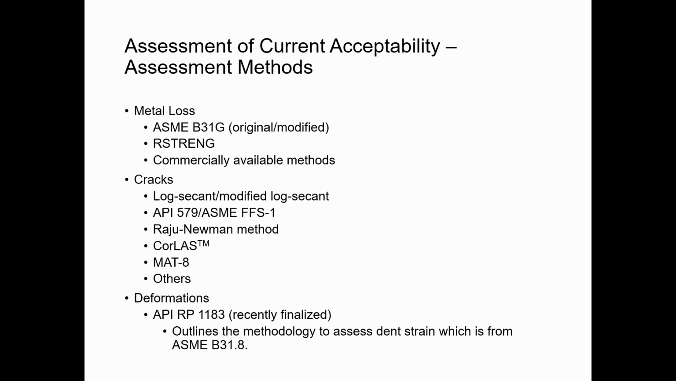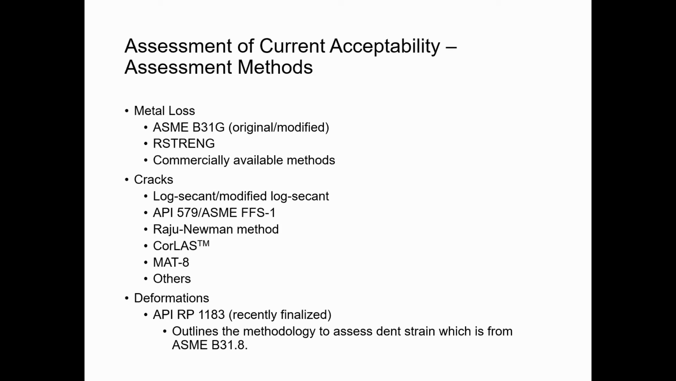So there's a number of different assessment methods for determining the current acceptability of the three types of defects. For metal loss, everyone knows there's ASME B31G, both the original and modified. RSTRENG is probably the most predominantly used. And then there's some commercially available methods as well. It's just a matter of, as an operator, being comfortable in which method you want to use. I think there's enough information out there indicating the performance of each of them, so you can make an informed